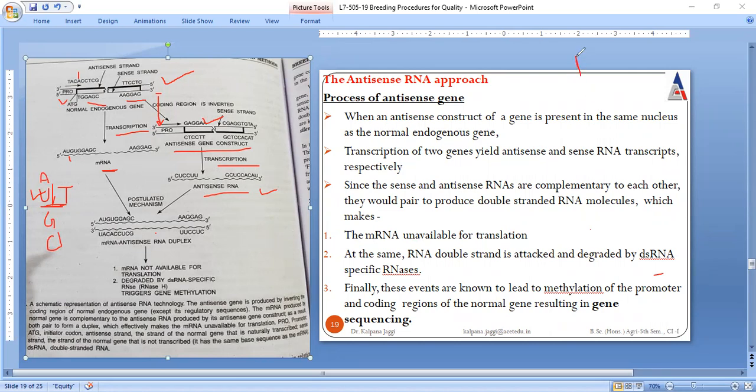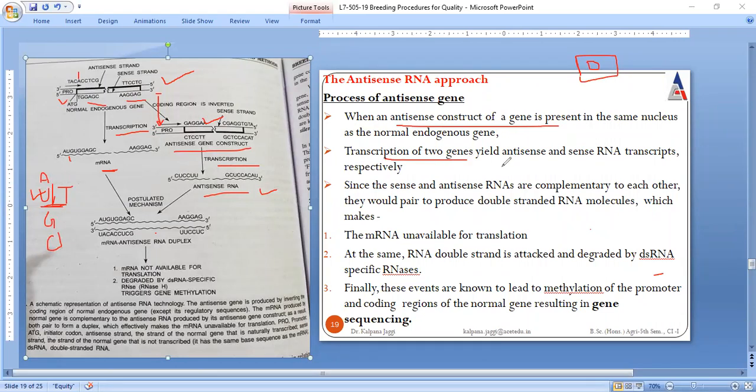We have a gene, and a particular gene is not giving good results, so it is to be suppressed. This is what we are talking about for the second methodology under modification, that is suppression of the endogenous gene. Here, when an antisense construct of the gene is present,